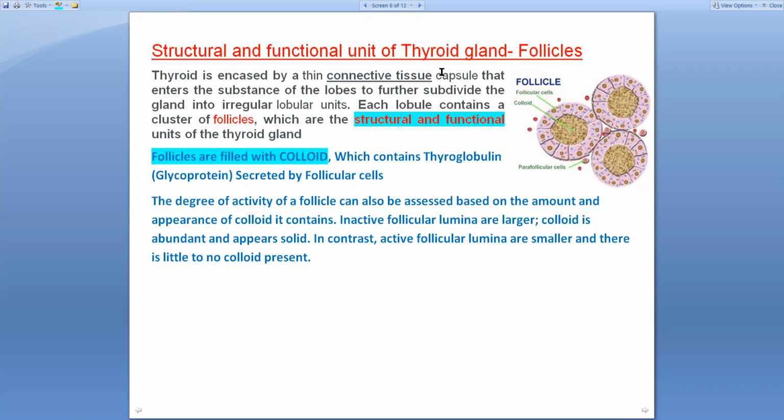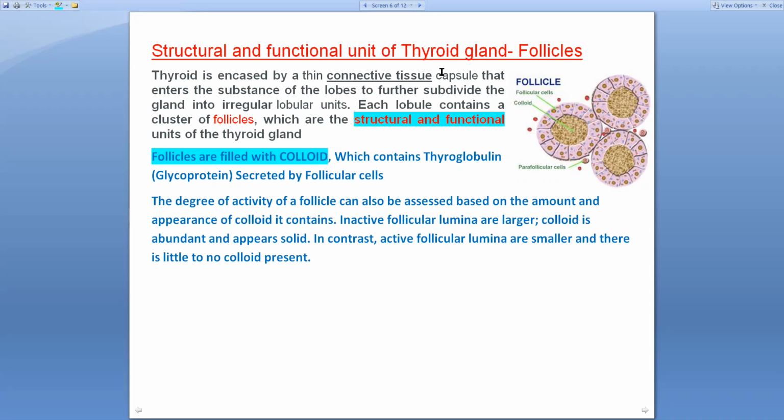So the gland has many lobules, and these lobules are formed by the connective tissue capsule which enters inside the tissue of the gland. Now the lobules contain the cluster of follicles, and these follicles are the structural and functional units of thyroid gland. The follicles are filled with colloid. We have to remember that follicles are filled with colloid, and this colloid contains